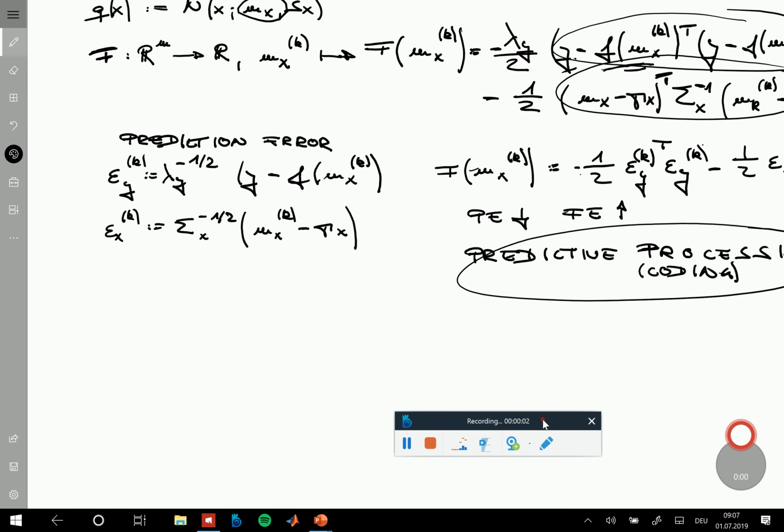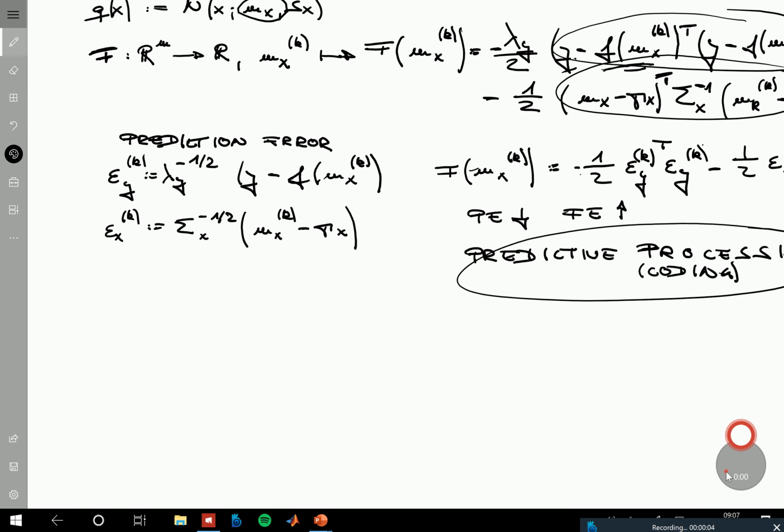Now continuing with the neural implementation of the free energy principle idea. The first thing in this regard is the assumption that the brain actually performs a gradient ascent on the variational free energy. And to this end,